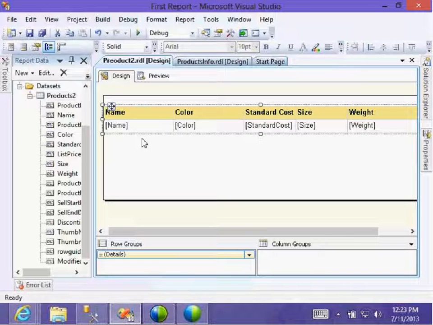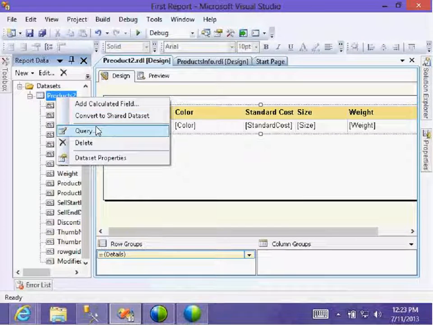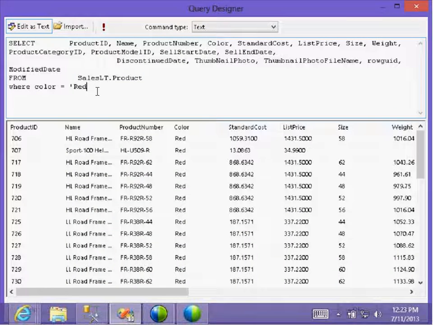So procedure, like a parameter. While exporting, I want to enter the color. While then what? In the query, you want to enter the color as a parameter. Then what you will do? In the parameter, just do. Here I don't need to define the parameter and use it. I can simply use the parameter just like this.